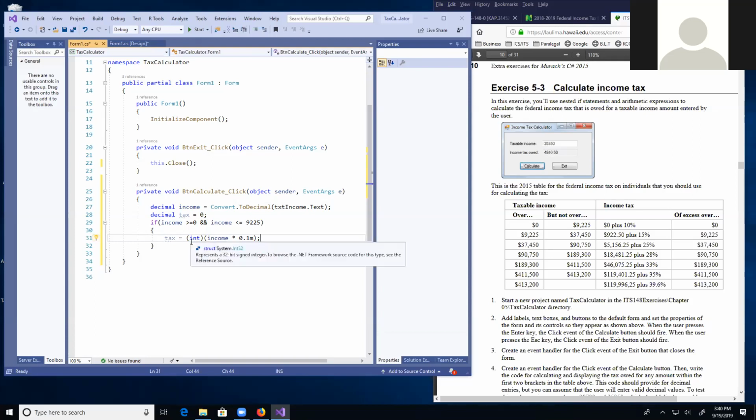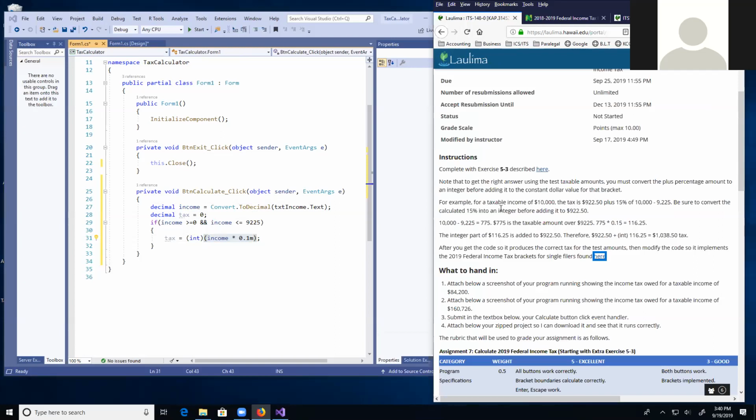So what this is going to do is it's going to make the tax. It's going to calculate this tax, which is 10% of the income, and it could have a decimal point, but when we are calculating this tax rate right here, the plus some percent, we turn it into an integer. So in other words, we hack off the cents, and that's converting it into an integer. So that's what this does here. You just have to know that,